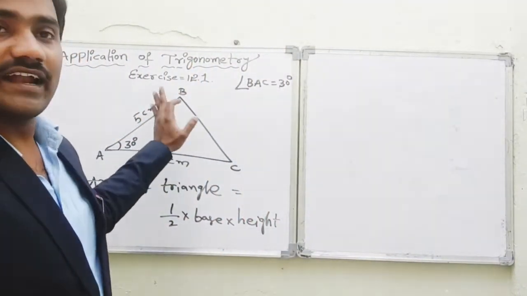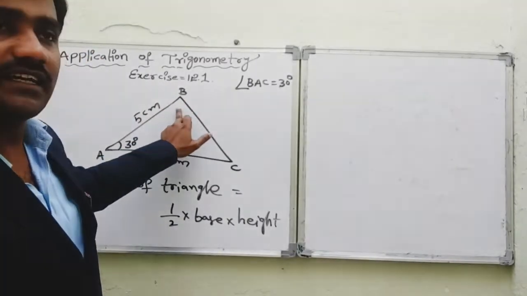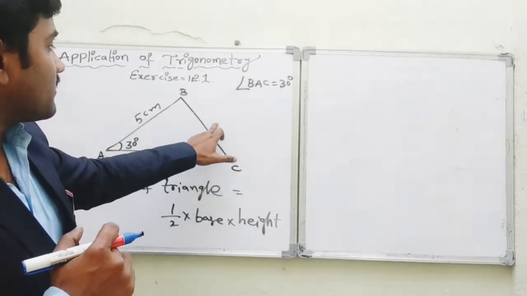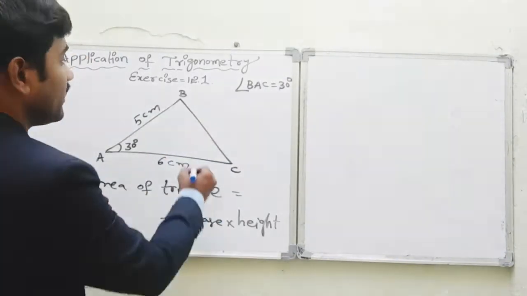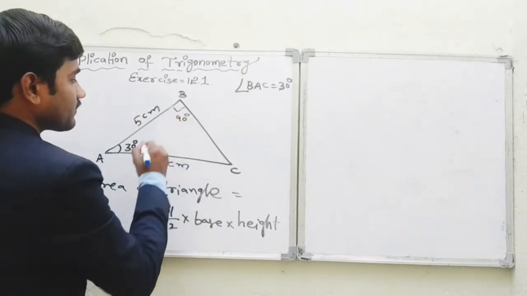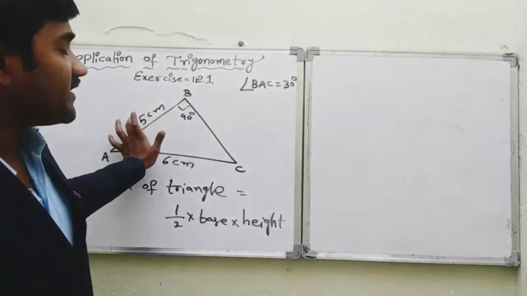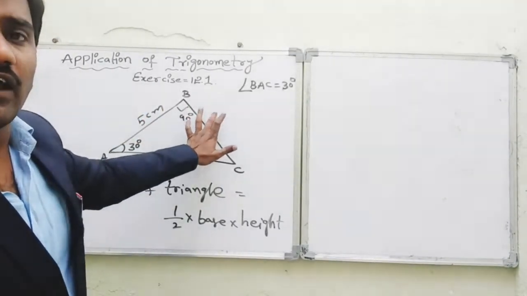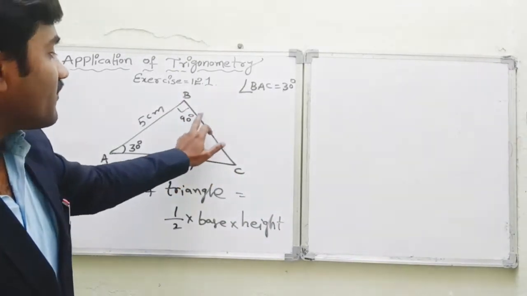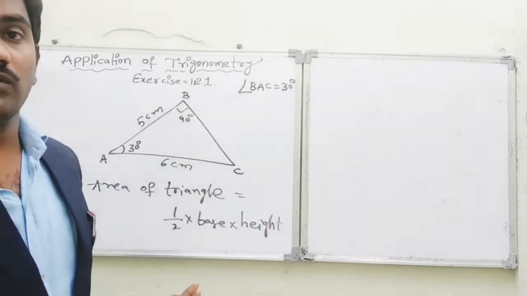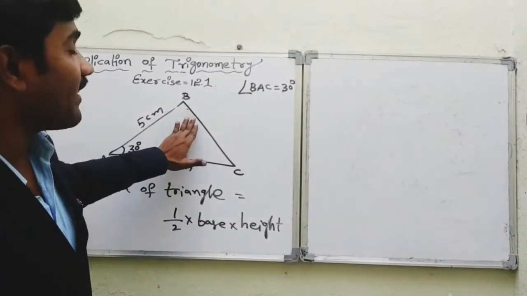See, it is not a right angle triangle. It is not mentioned here. If it is here 90 degrees, we take one of the sides as a base and the other side as a height and we'll do it. If you take here 90 degrees, directly by finding BC here, this we take as a base and this we take as a height, and we'll substitute the base and height and do it. How can we find out this BC? By trigonometric ratio table. But here it did not give the 90 degrees, no. Let's solve it in the other method.